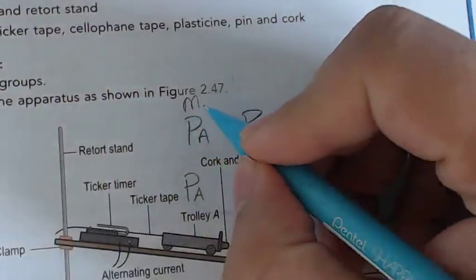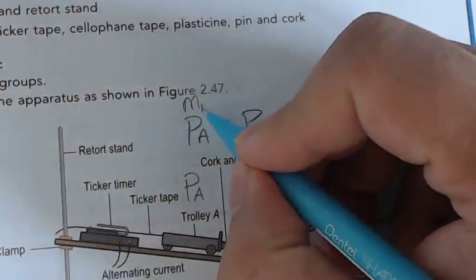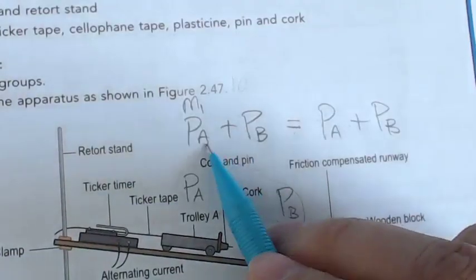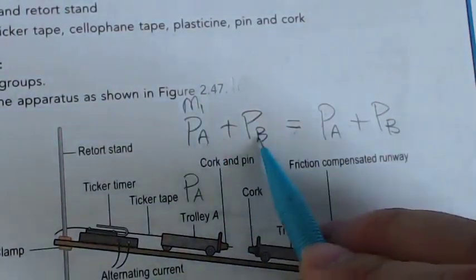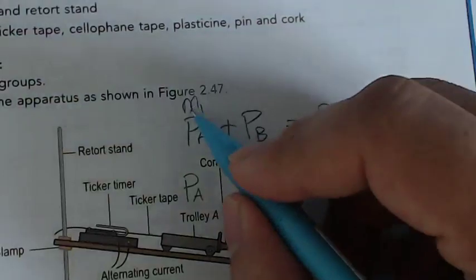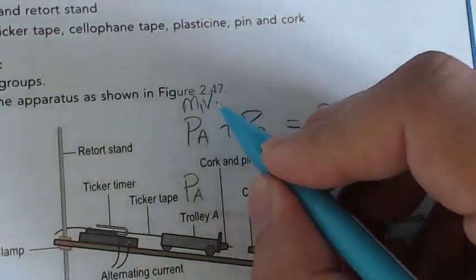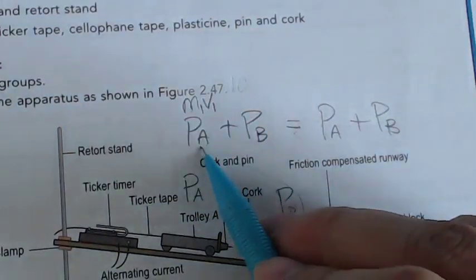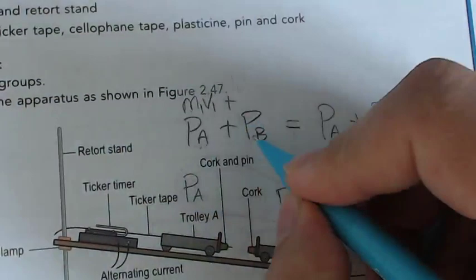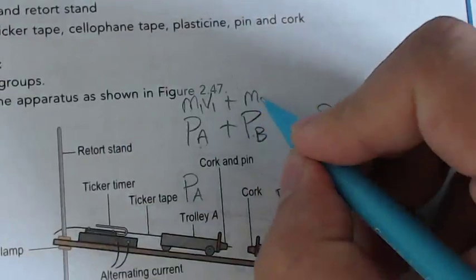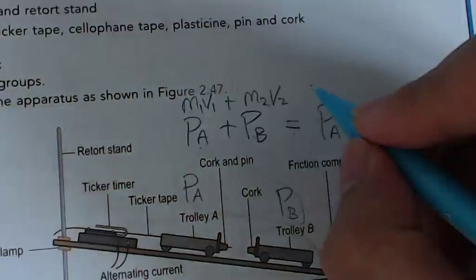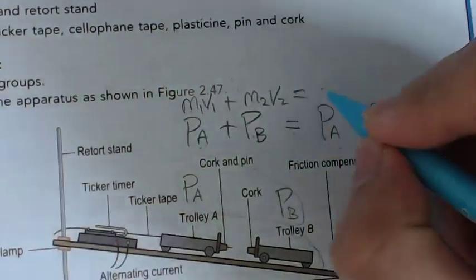SI, or we can replace them with the component. Let's say A here is 1, and B here is 2. Okay, so we have M1 multiply V1 to find P1, PA, P1, plus PB, M2, V2, correct? Equal to PA,